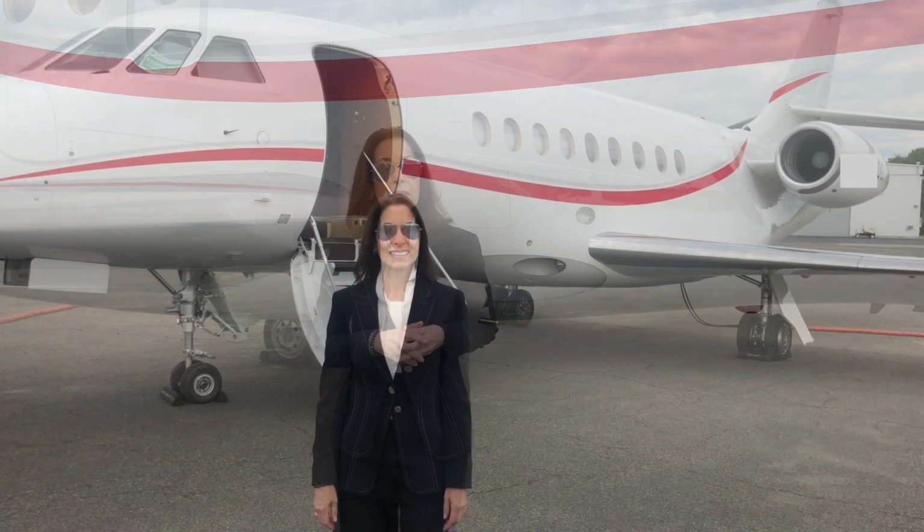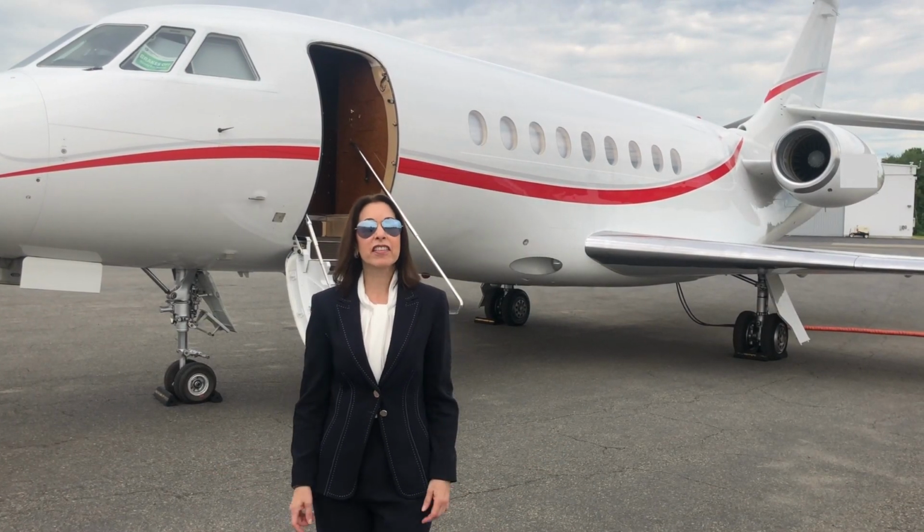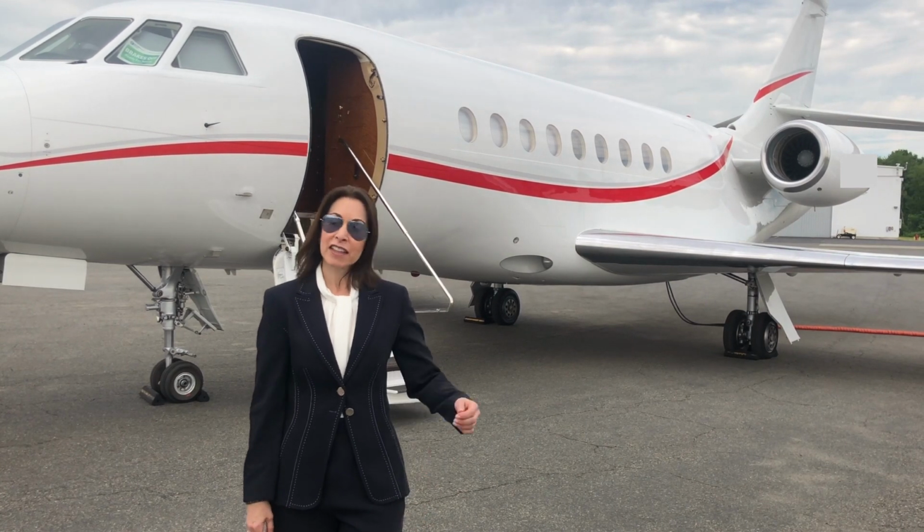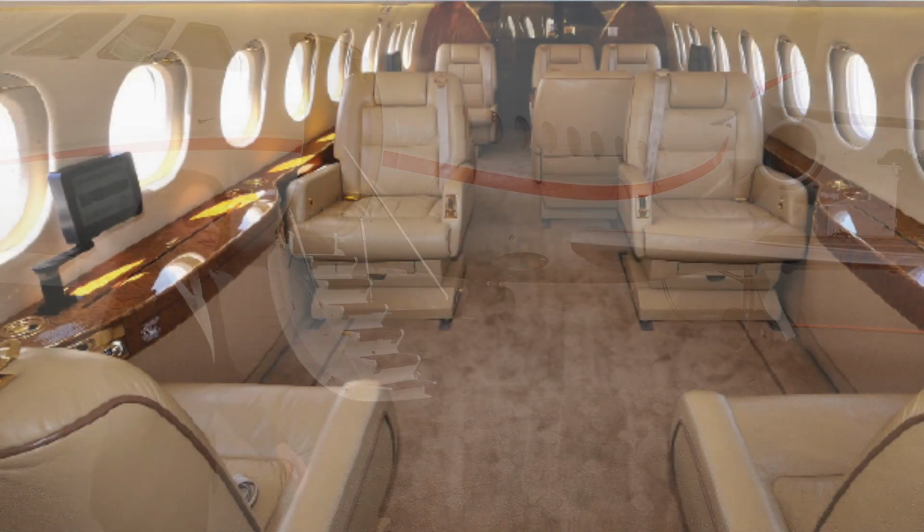The outstanding feature of this particular model of airplane is the fact that it is a great high, hot, heavy performance aircraft. By that we mean capability to operate out of ski country airports and go distance. The aircraft requires at sea level about 85 feet worth of runway for takeoffs and amazing performance in and out of short fields. The Falcon 2000EX is 66 feet in length and has a wingspan of 63 feet. Let's go inside and take a look at